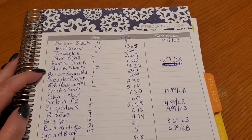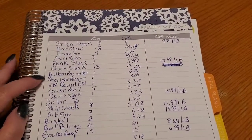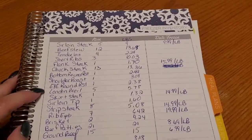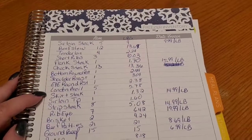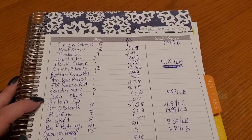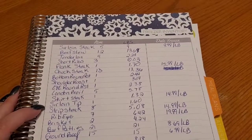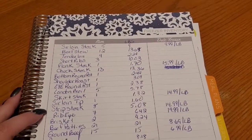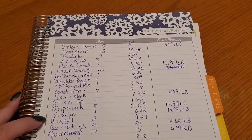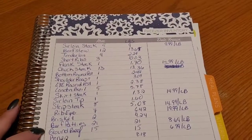13 chuck steaks at 13.36 pounds, 1 bottom round roast 2.44 pounds, 1 shoulder roast 3.04 pounds, 1 eye of the round roast 2.38 pounds, 5 London broil steaks at 5.78 pounds, 1 skirt steak 1.32 pounds, 1 sirloin tip steak at 1.6 pounds, 8 strip steaks, 5.08 pounds, 7 ribeyes, 6.42 pounds, 2 briskets, 4.24 pounds,